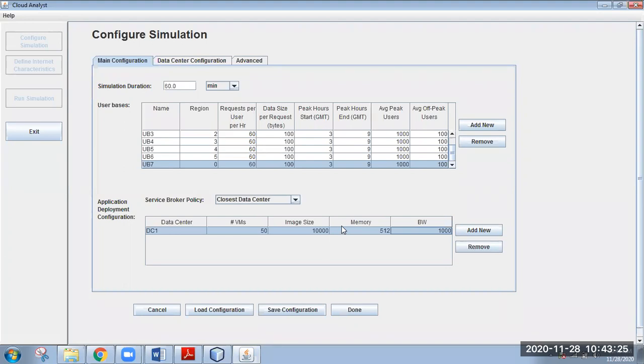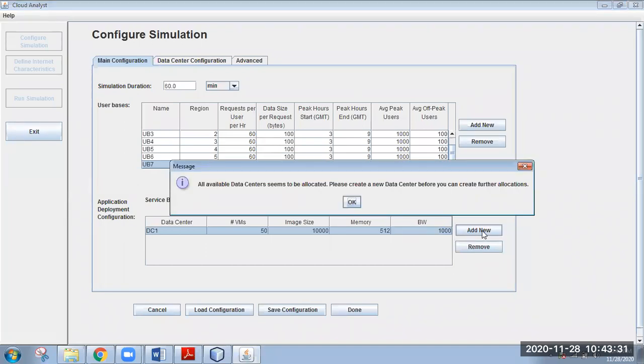So what I will do is click add new. Once you click add new, you will get an error. What is it saying? The error message is showing all available data centers seem to be allocated. Whatever data centers you have created, all of those you have allocated.